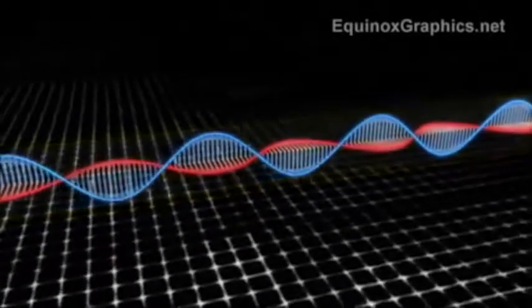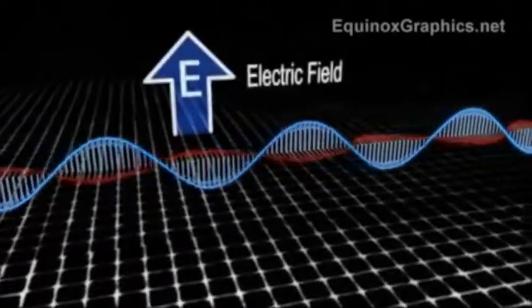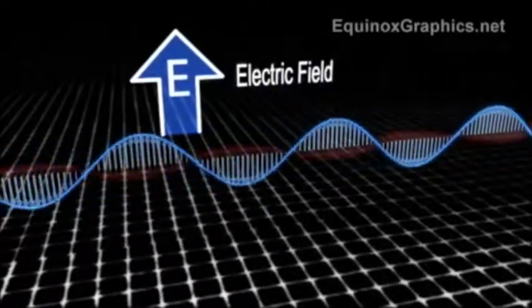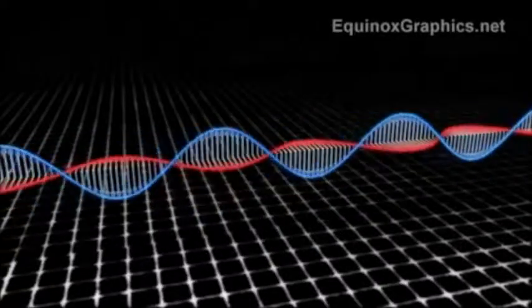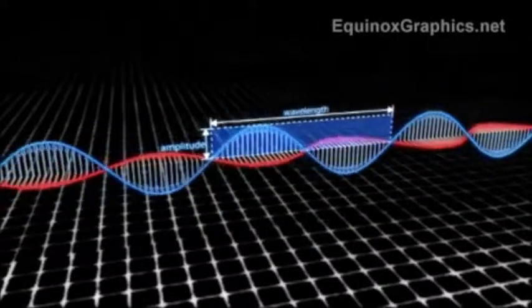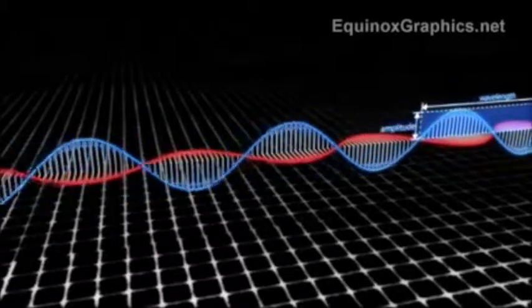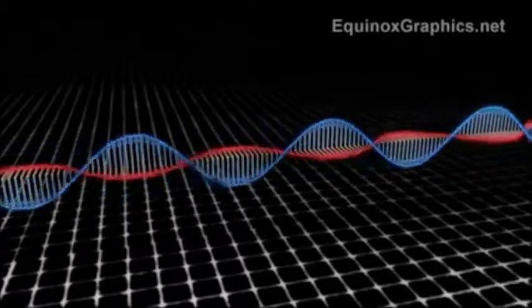And the following concepts might be a little bit hard for you to understand right now, but we will cover them on our next video. Those similarities include that both types of waves can be reflected, refracted, diffracted, and that they can interfere. As I said before, we'll cover those